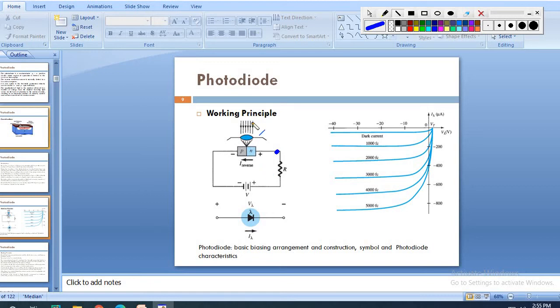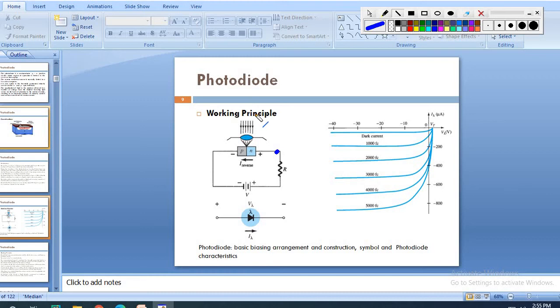For what purpose I am adding the photodiode, I already told you. Here, because of the minority carriers, this current is flowing. The number of minority carriers is small. Just to increase those minority carriers, I am applying this photodiode. So I am going with this photodiode concept.